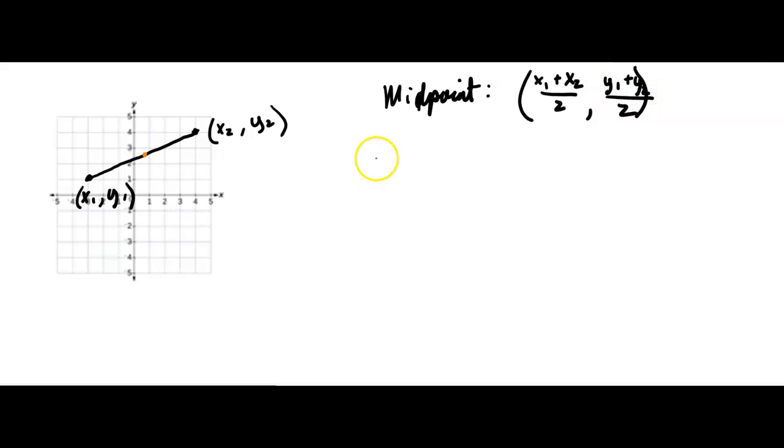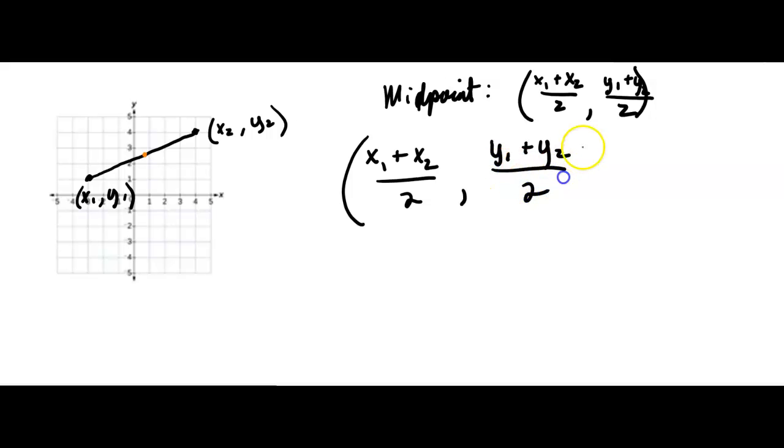So I should write that a little bit bigger. x sub 1 plus x sub 2 over 2, that'll be the first coordinate. And then y sub 1 plus y sub 2 divided by 2, that'll be the second coordinate, and then that'll give you the midpoint. Now, because I drew this on a piece of graph paper, I actually know these values,